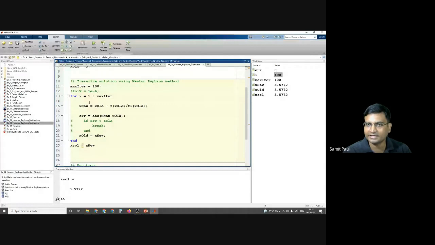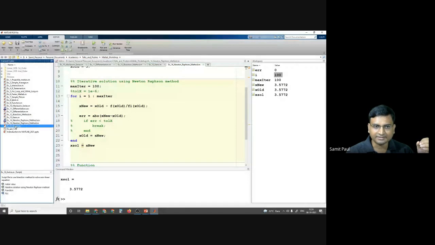The error cannot be smaller than the precision of your computer. If you run it for say 10,000 times, still the error will not decrease. After certain iterations, the result will saturate, or I must say it will not converge to some value, and it will have some error, which is related to the precision of the computer.